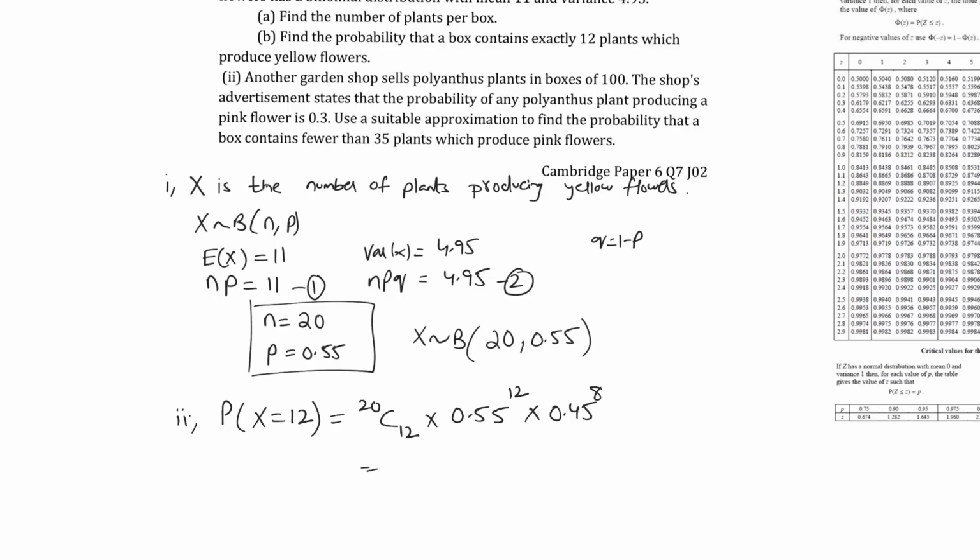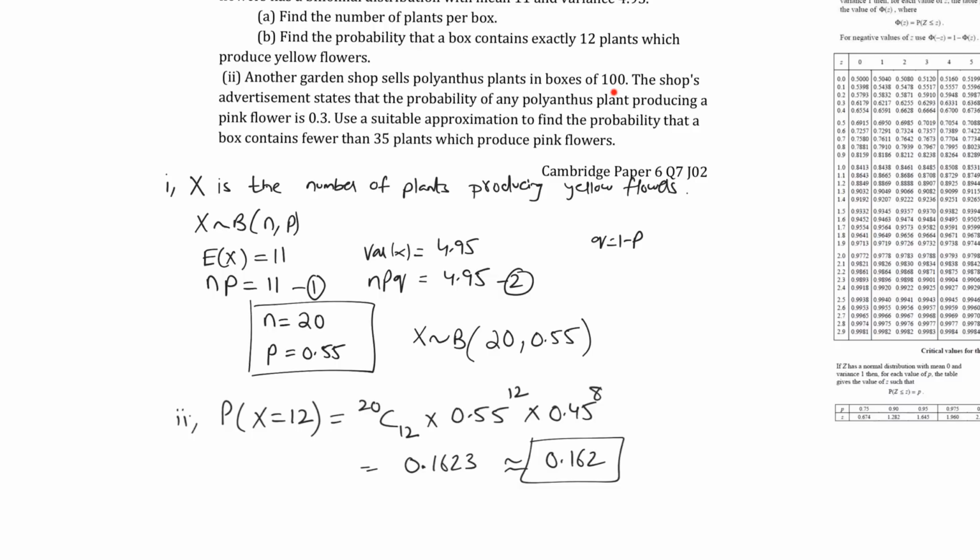I'm doing the working directly because I expect you to have watched my previous video on binomial distribution. So this is a binomial distribution question, and the answer comes out to be 0.1623, which rounded is 0.162. So that's the probability. Now in the next part they are saying another garden shop sells polyanthus plants in boxes